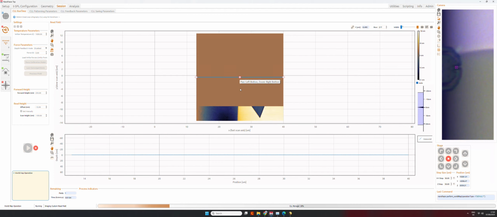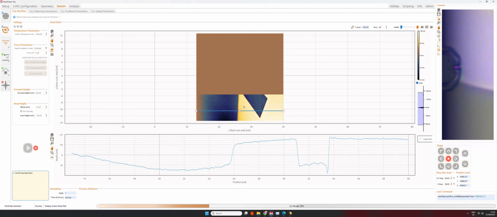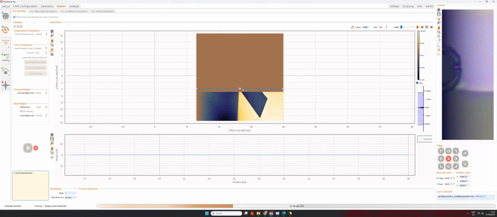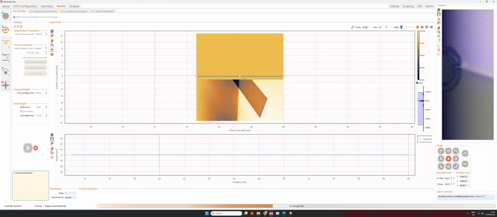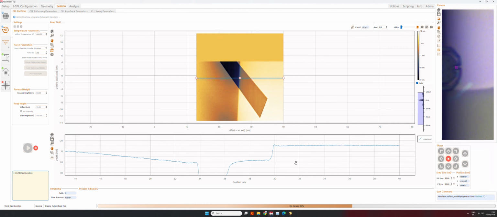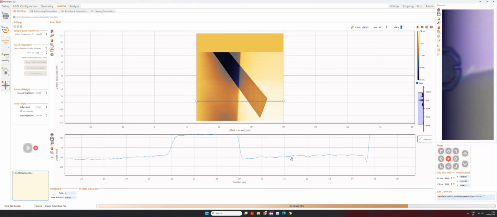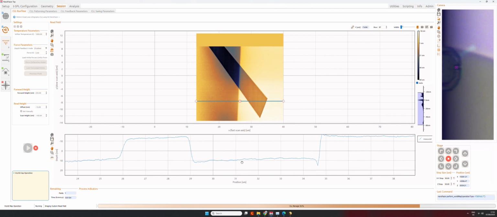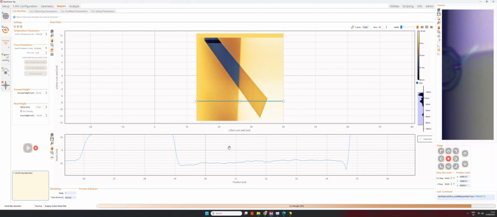So now we can clearly see this interface, which gives us a better idea of the real topography that we now have on our surface. You can also see that we pattern in this area around 20 nanometers deep.